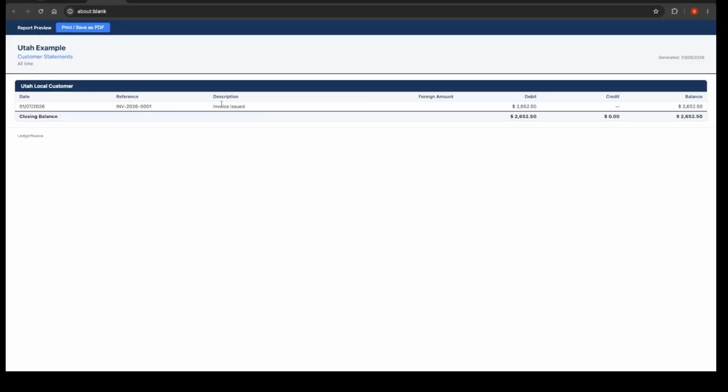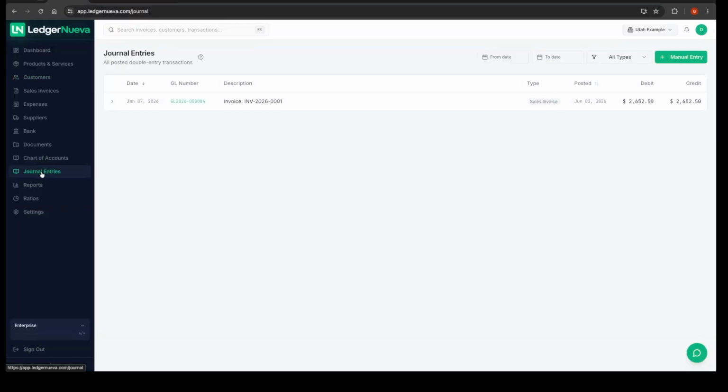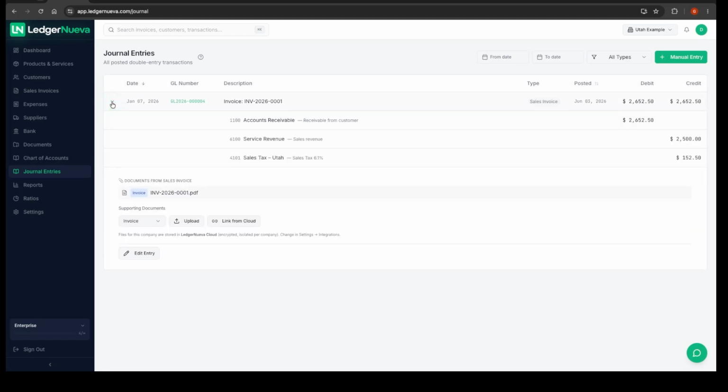Before it was 0. Now we can see that we have an invoice issued and the amount that we need to collect from this customer. What else happens? Let's see the journal entries. So here is the very first journal entry in our accounting for this company. If you press on it, it collapses and shows you exactly what has happened. It debits the accounts receivable, which links to the customer as we saw in the statement. Service revenue is credited, this is our income, and finally this is our liability, our obligation for the sales tax in